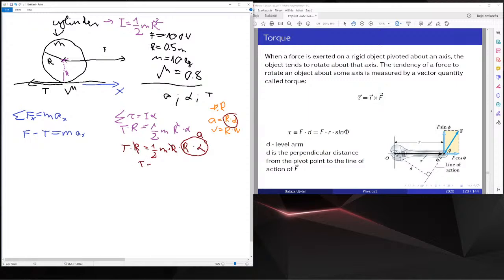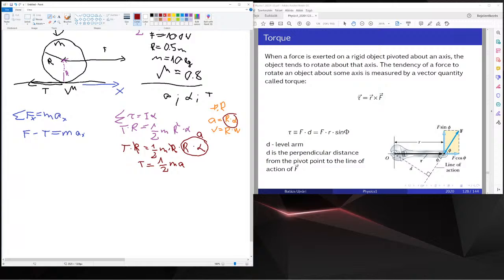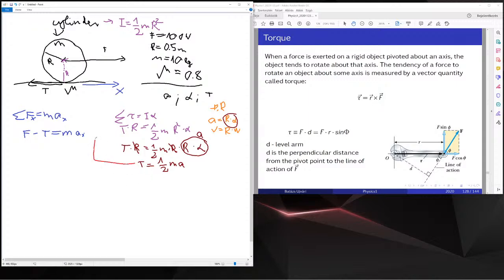So if we simplify this equation, T is 1 over 2 ma. Let's go with this result, which is a merged result of these two here. F minus 1 over 2 m a equals m a. And by definition, since this is the x direction motion, ax and a are the same. F equals 3 over 2 m